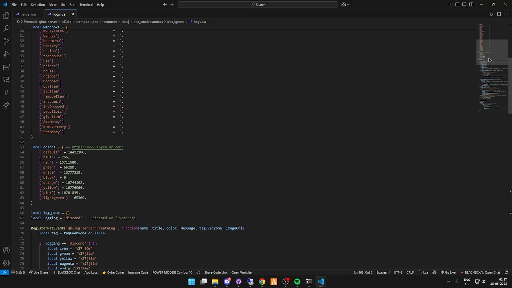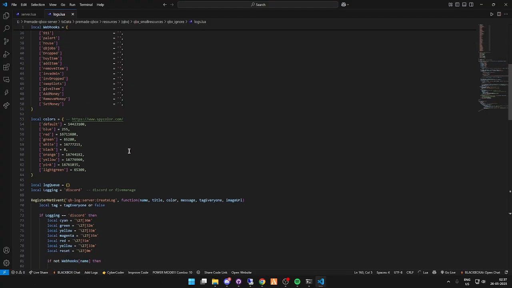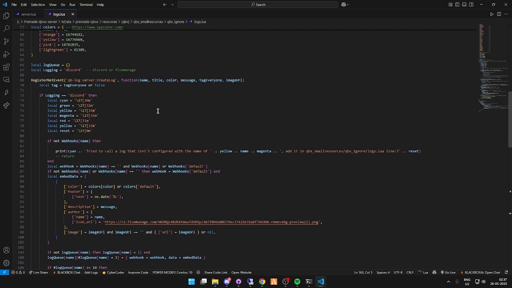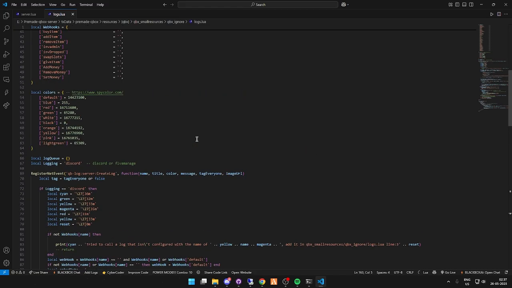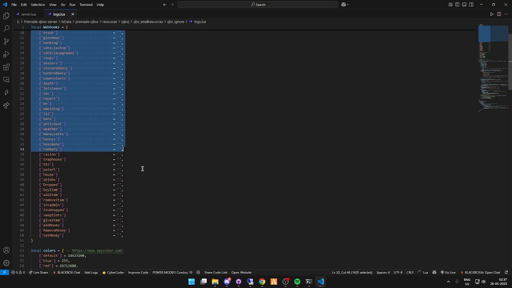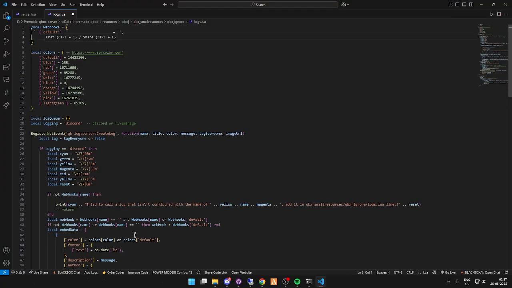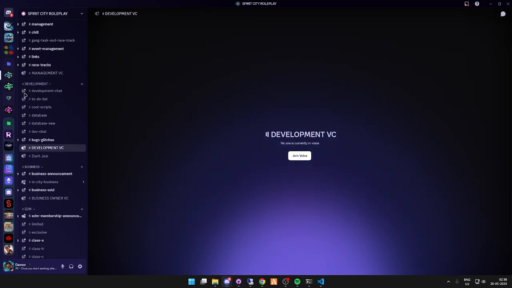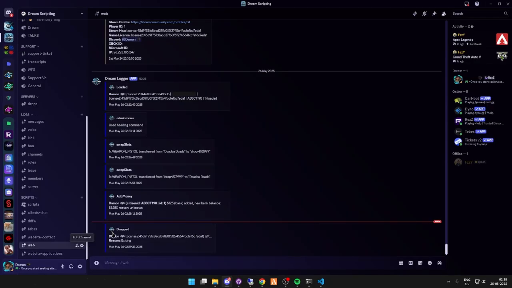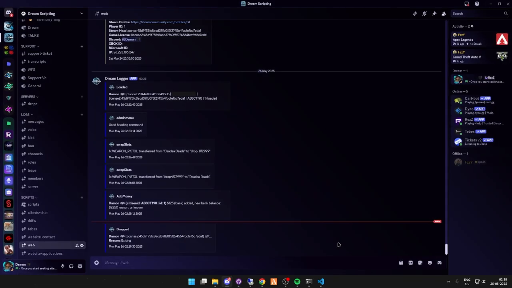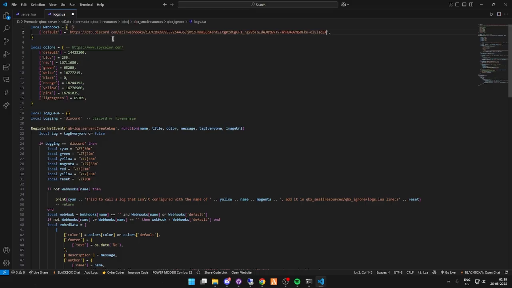And for example, if your webhook is not present here, what it will do is automatically send the message to the default webhook here. Let's say I remove all these from here, okay, I've removed all these. I'll go to my Discord server and go here, integration. I'll go to this and copy this. Now let's say I paste my webhook here,